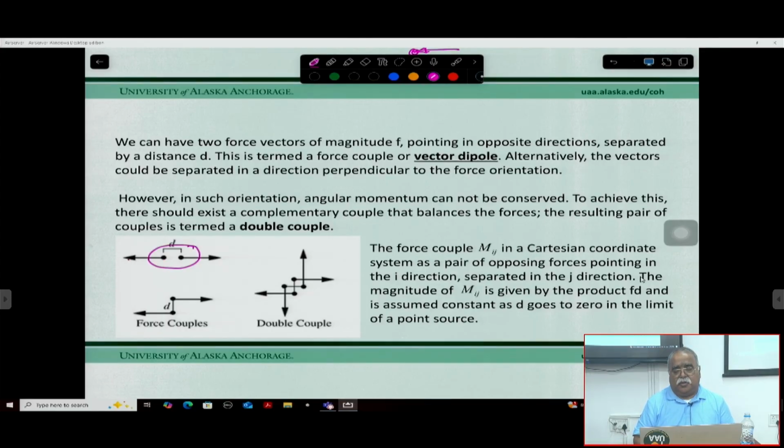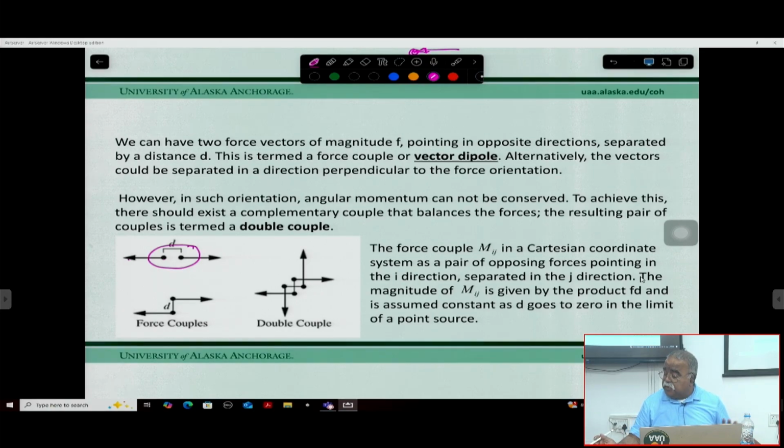So therefore, the momentum is conserved. Yes, momentum can be conserved if it is a dipolar type of force, right? The force acting as a dipole separated by a distance, then it's okay. But it has been found out that this vector dipole will not explain the